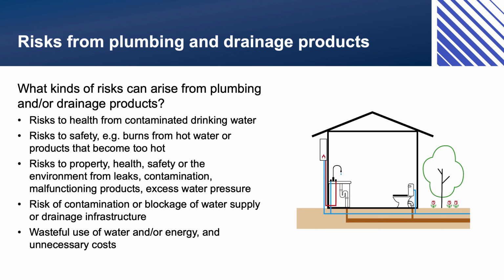Plumbing and drainage products can pose a number of different types of risks. This includes risks to user or occupant health, for example, poisoning and infections. This occurs when drinking water becomes contaminated with bacteria, viruses, microbes or pollutants. The backflow of contaminated water into the drinking water supply lines in one building can also flow to outlets in the same and neighbouring buildings. It occurs when sewage is not safely evacuated from buildings, and also when noxious sewer gases are permitted to enter